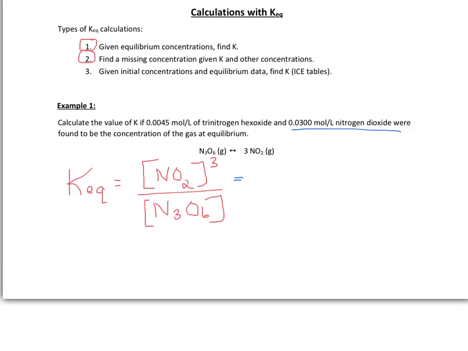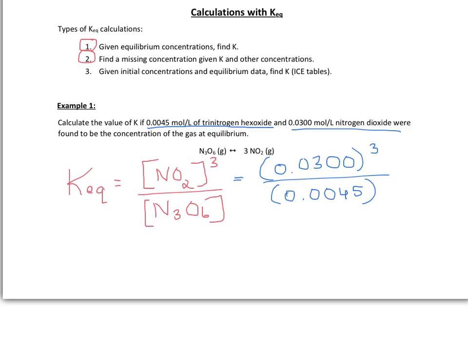We can now plug in the equilibrium concentrations. We were told that nitrogen dioxide had a concentration of 0.0300 cubed. We're also told that trinitrogen hexoxide had a concentration of 0.0045. Since we are not including units for the K expression, we can omit moles per liter in our workings. We now have to plug this in our calculator and give an answer to the appropriate number of significant figures. 0.0300 has 3 significant figures. 0.0045 has 2 significant figures, so our answer should also have 2 significant figures. So the answer here is